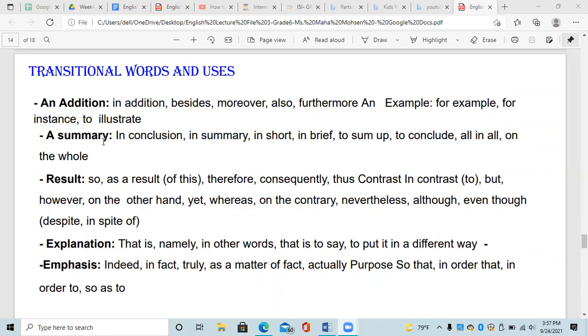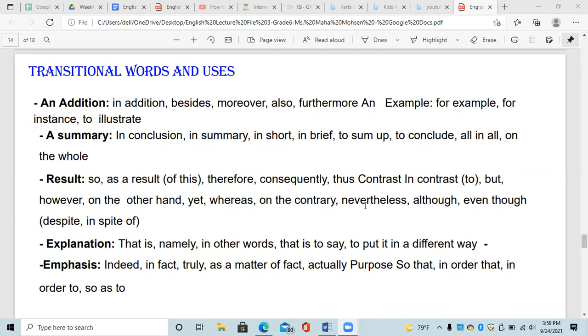If you're summarizing, you can say in conclusion, in summary, in short, in brief, to sum up. You choose one of them. To conclude, all in all, on the whole. If there is a result, so as a result, you can add of this: therefore, consequently, thus. If it's a compare and contrast: in contrast to, but, however, on the other hand, yet, whereas,